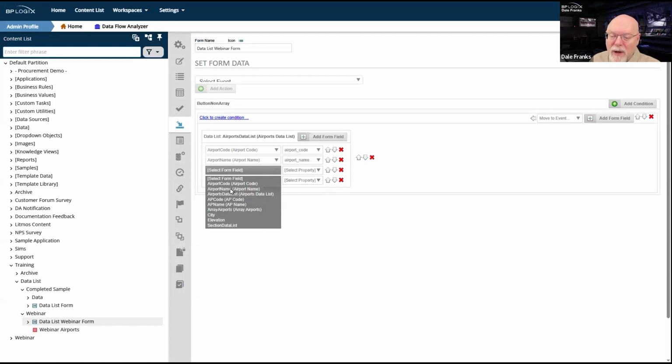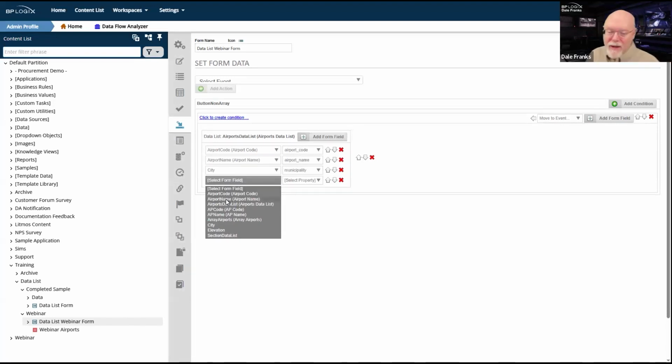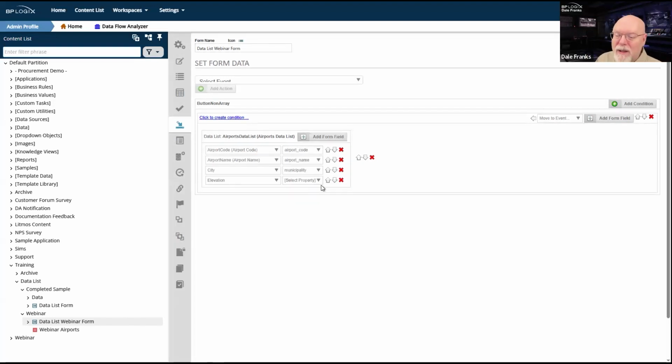A country, right? No, city. Sorry, it was the city that I picked. So that's municipality in my business value. And then I think I pulled elevation. Yes. And so I will need elevation from right there, and that will fill that.